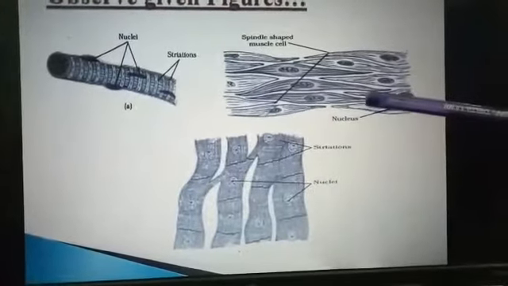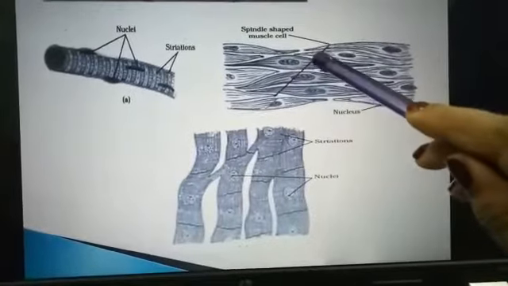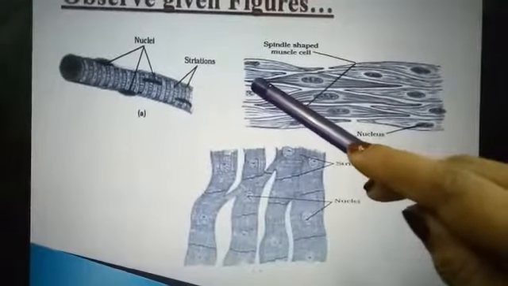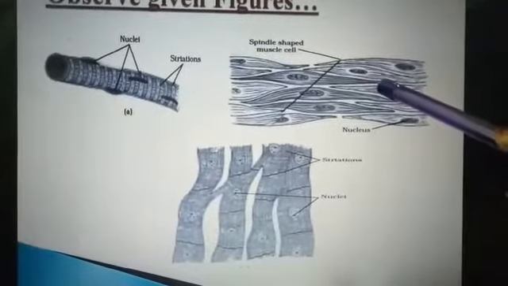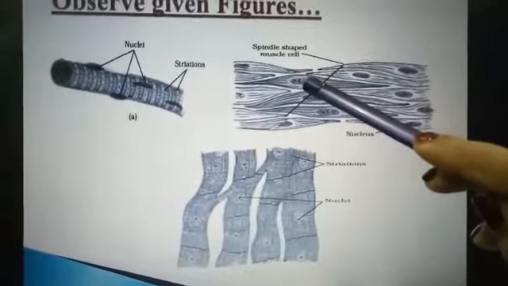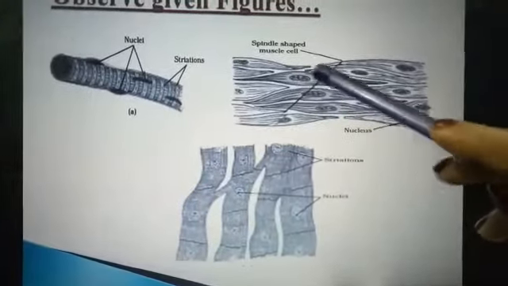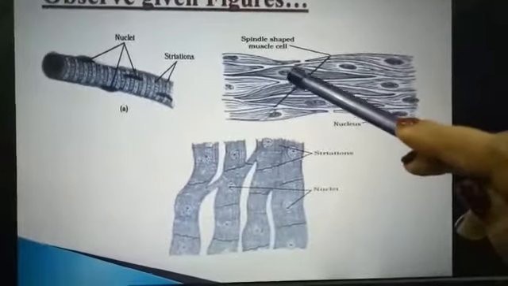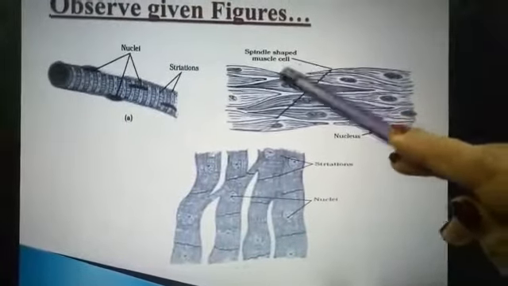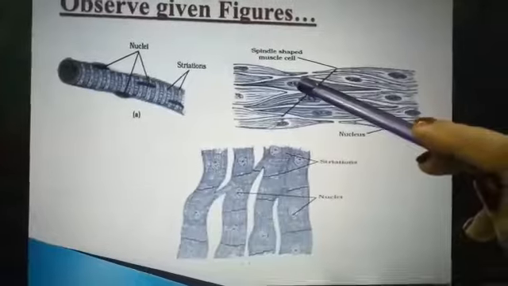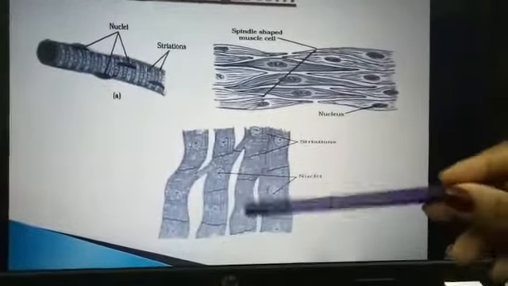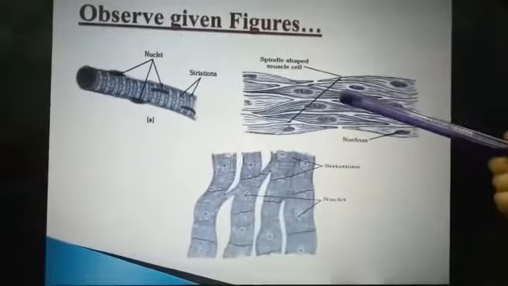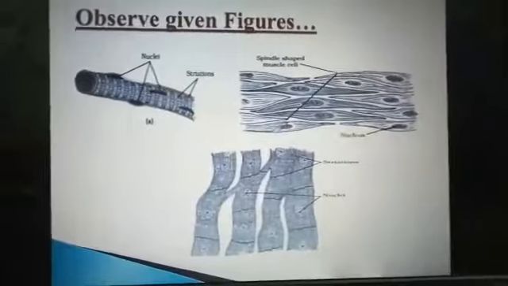Then this one is spindle shaped. Have a look at one muscle fiber. It is tapering, right? The start is pointed, and the last is also pointed, and the middle is thicker, and in between the nucleus is present. So here 1, 2, 3 smooth muscle fibers are present. This type of shape is known as spindle shaped muscle cells, means tapering at both ends, and the middle is broader. And these are long, cylindrical, but they are joined, connected, there are branches. So this one is cardiac, and smooth, and striated.